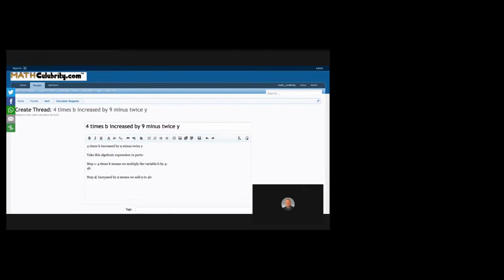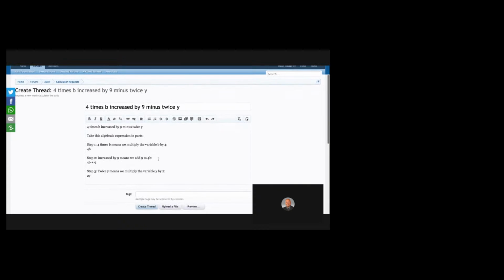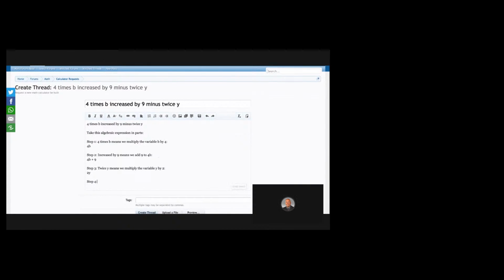Step 2. So add 9 to 4b. We got 4b plus 9. Step 3. Twice y means we multiply the variable y by 2, because twice means 2. We got 2y. Step 4, and this is where we get our answer, the phrase minus, and we subtract 2y